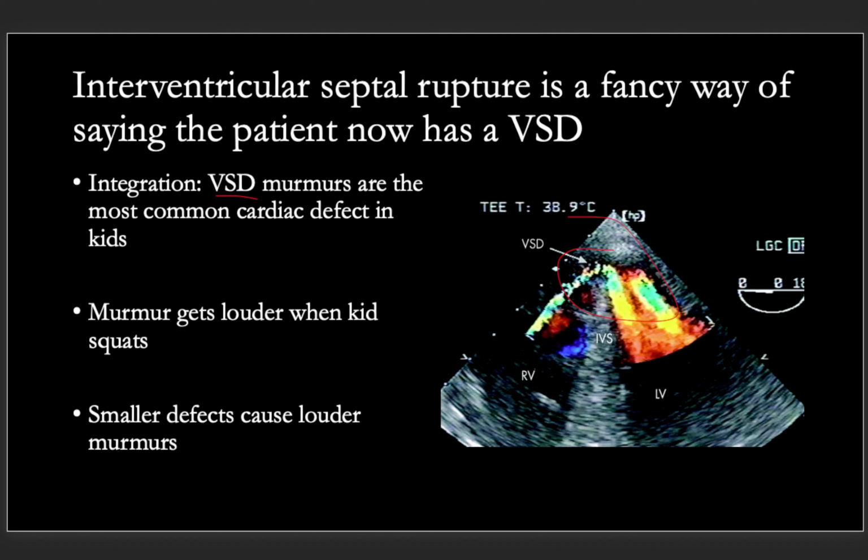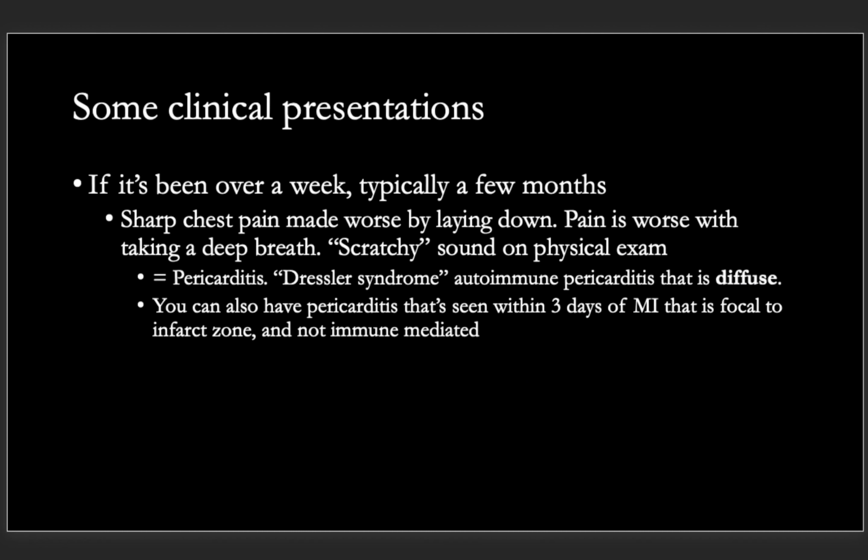And the murmur that it causes is a ventricular septal defect. Now, if you'll remember, smaller defects cause louder murmurs, and if you ask someone to squat, the murmur gets louder. Now, this one sometimes comes up. If it's been over a week, but typically up to a few months, and they give you any kind of chest pain that is positional, and especially if it gets worse when you're taking a deep breath,